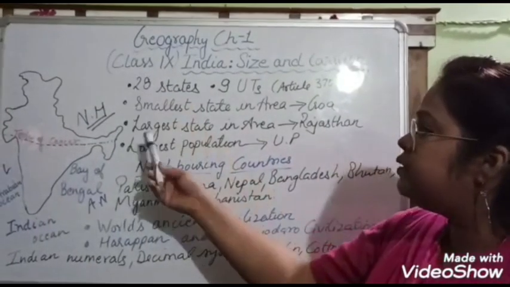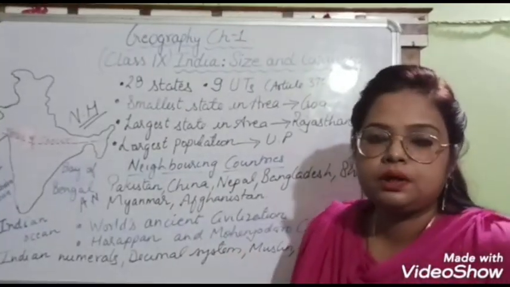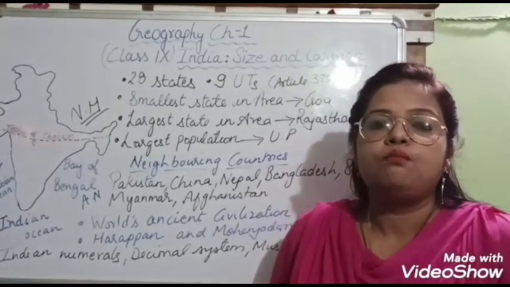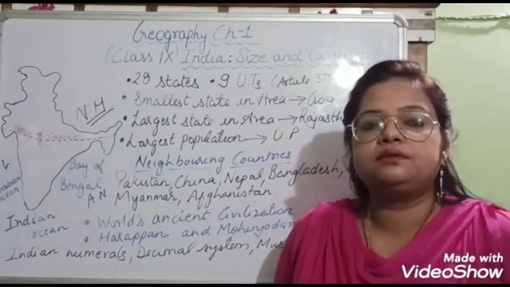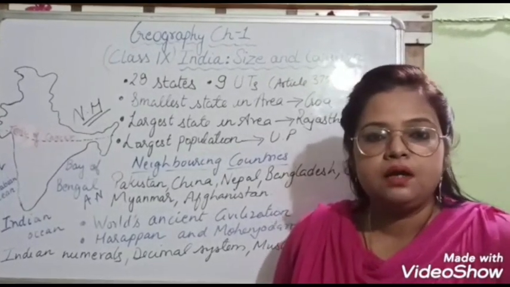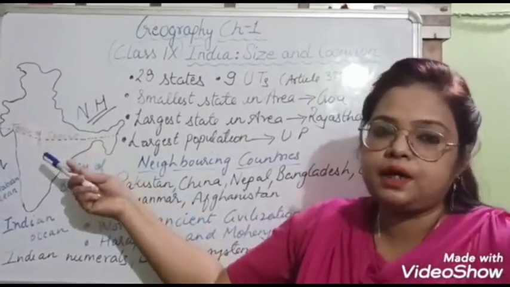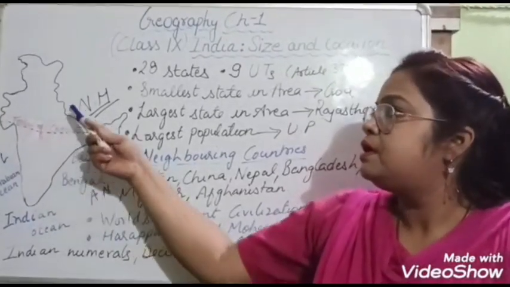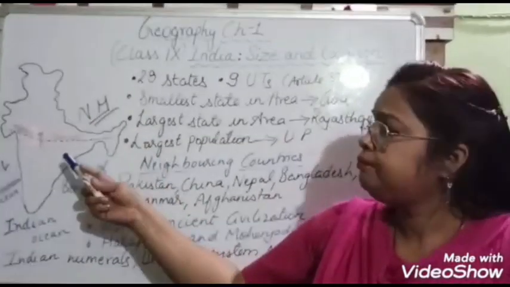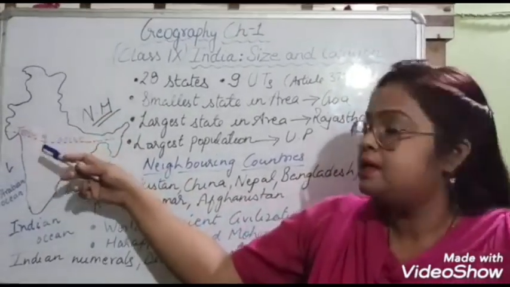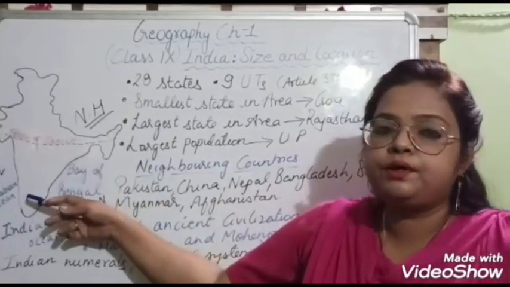Children, these are the main things that we should know about our country. It has a tropical type of climate. The northern part experiences very good monsoon rain, and our Indian continent has different types of temperature and climate zones. We have mountainous regions, desert regions, the northern plain, the southern part, and the Deccan Plateau also.